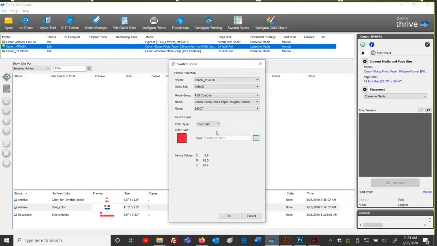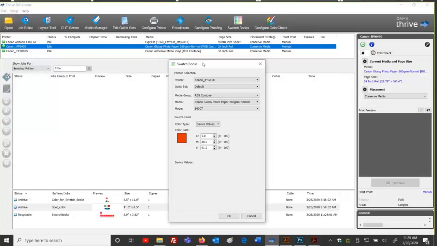Or maybe I say the patch at the very bottom of that one row, I'm going to go to device values, and I'm going to say that was 88, and I'm just really guesstimating here, everybody. I don't remember too much of the values there, but let's say that was moving it in the right direction. Device values are what prints below those little patches. The recipe of that color is the device value.